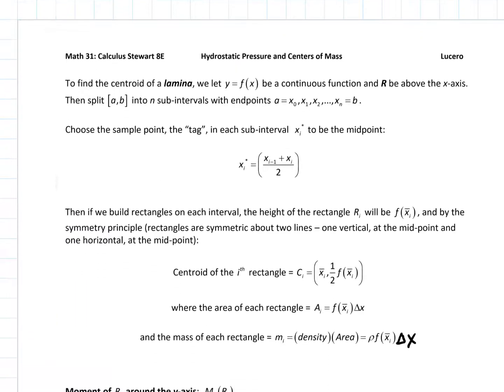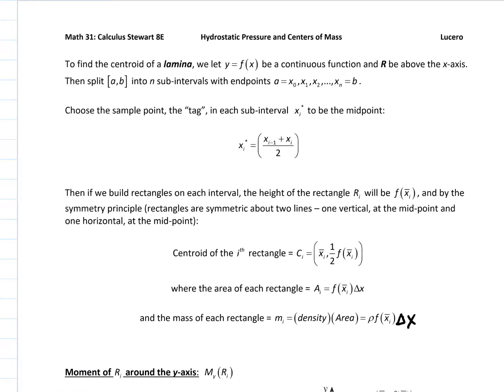Okay, so again, I'm going to go through this pretty quickly, typed it up so that we could go through it quickly and get into the formulas. So the centroid of a lamina, if we say f of x is a continuous function and r is above